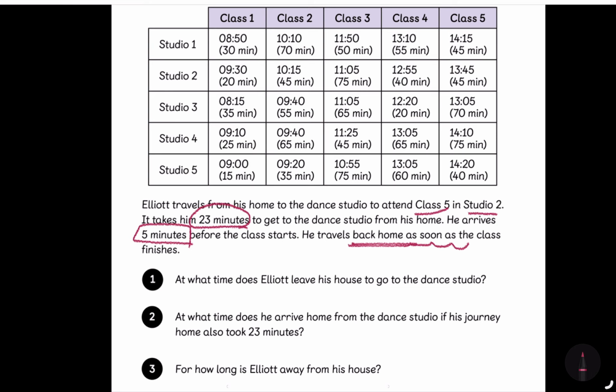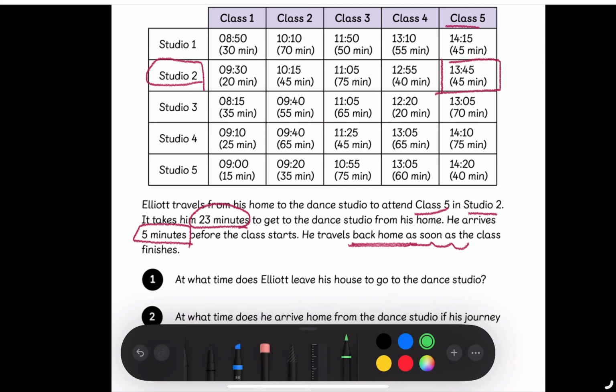First question says, at what time does Elliot leave his house to go to the dance studio? In order to know that, as the question already gave us, he is attending class 5 in studio 2, so my time will be 13:45. And to know what time he leaves, we will scaffold one by one. Let's begin first by writing the time. My time is